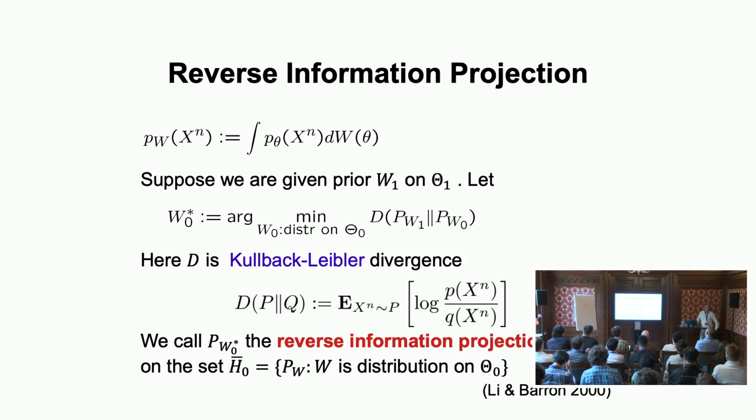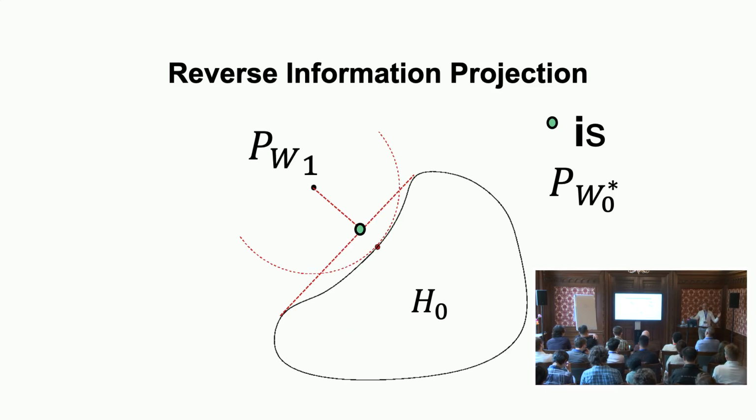On the set of distributions in the null, it's bigger than the null itself. It's what you can get by taking mixtures over the null base marginals. What you can see here is basically what you project to. Of course, it's not Euclidean, so take this with a grain of salt, because nulls are usually not convex in statistics. So you just take the closest among all priors.